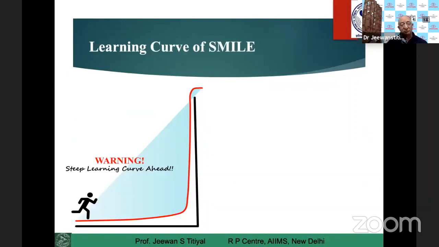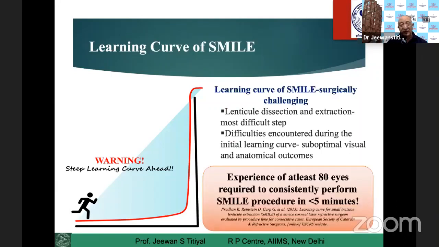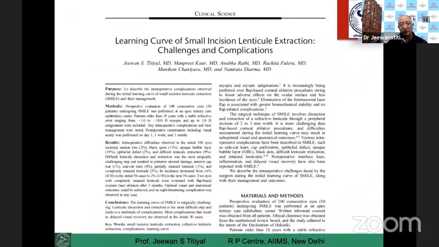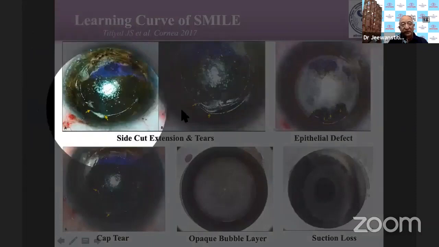SMILE does have a steep learning curve. As we realize when learning SMILE and acquiring new systems, at least 50 to 80 hours of experience is required to attain some sort of surgical confidence. But nowadays we have wet labs and a lot of videos available, which makes life simpler. In my first 50 cases, 100 eyes, we did have some problems, which were basically manageable in all cases.